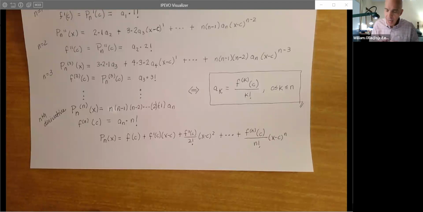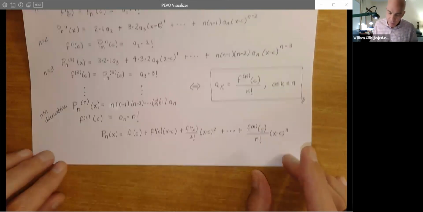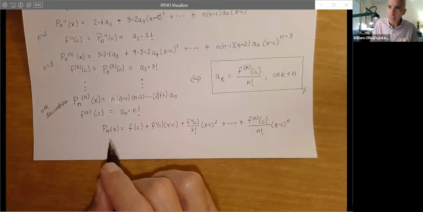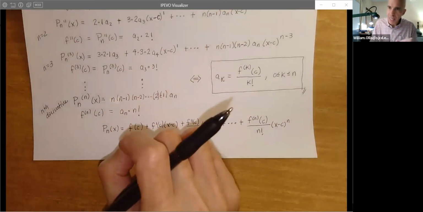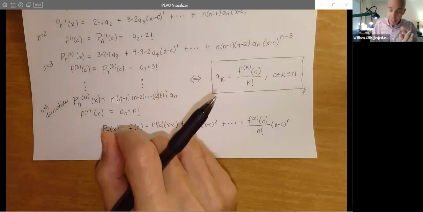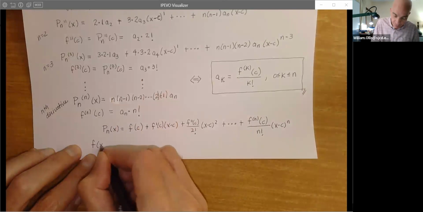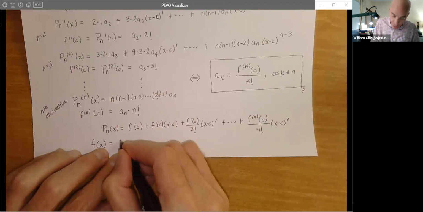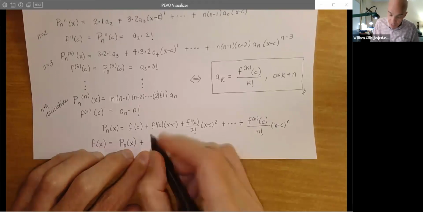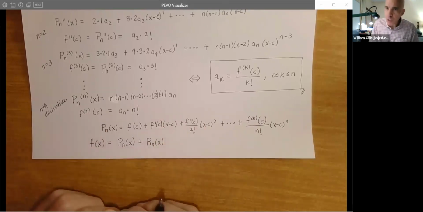Can we depend on this? And so the Taylor's theorem went one step beyond this. That is, we found that for some z, for every x in the interval a to b where c lives, there's going to be a z between x and c such that, I'll say that again, such that we can replace the function f of x with the Taylor polynomial and then shore it up, so to speak, with the remainder term. That is, there'll be a term that will fill in the gap, so to speak.